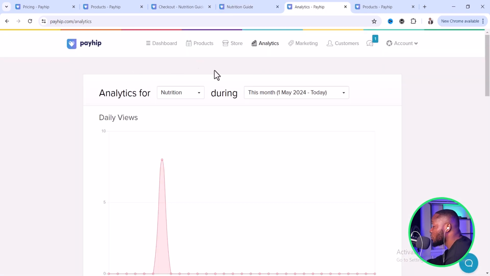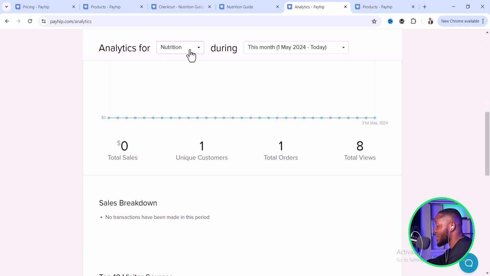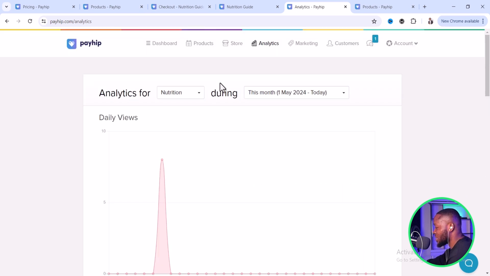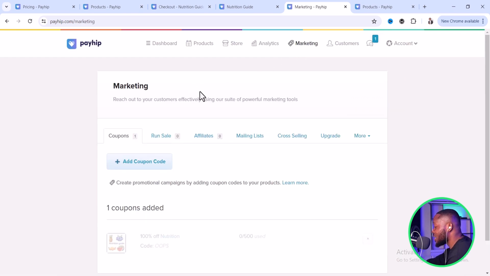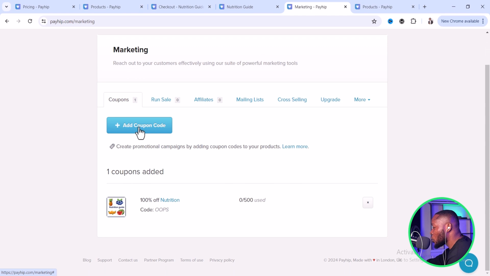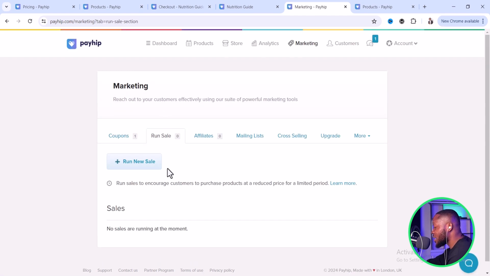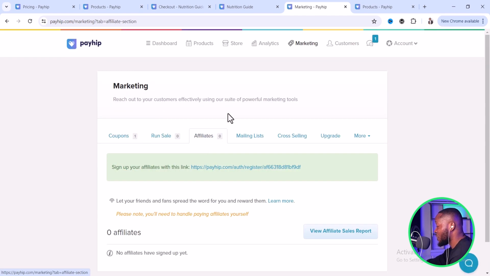So Payhip also gives you access to analytics for free. You can have access to analytics, to check your traffic sources and how your course is actually performing compared to the traffic. They also give you access to marketing tool where you can decide to add a coupon. You can do a run sell. You can do a full-blown affiliate where you can make your students to sell your own course if you want. And you can also decide to